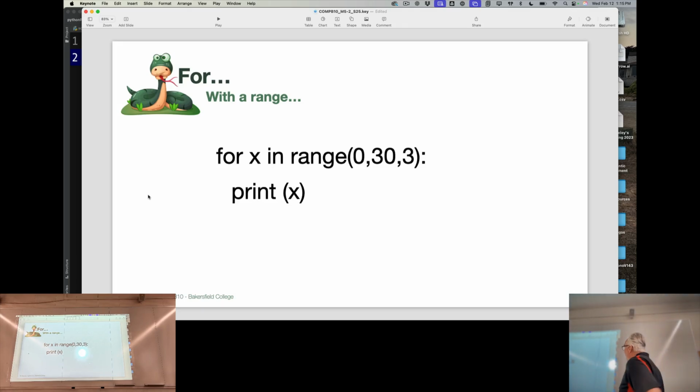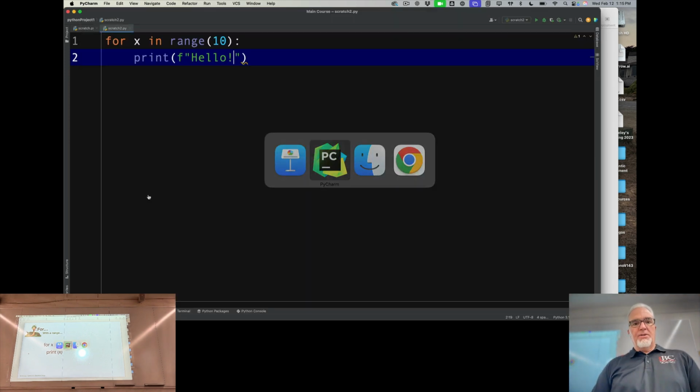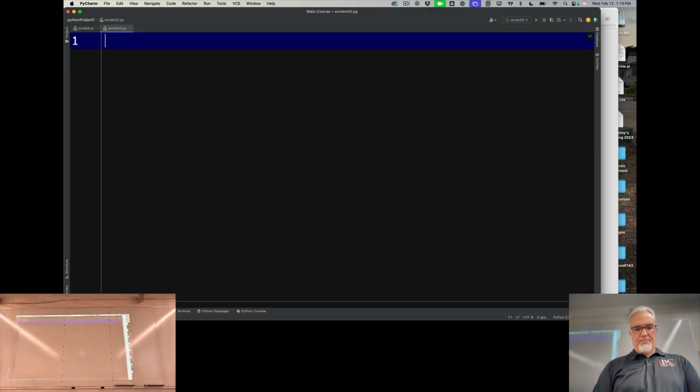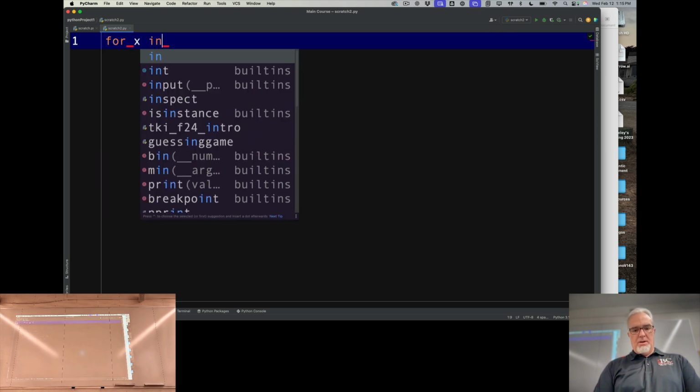I can also provide a third argument to range, and the third argument is called the interval. So if I say 0, 30, 3, it will count by threes until it reaches 30. So let's say I wanted to just count by even numbers